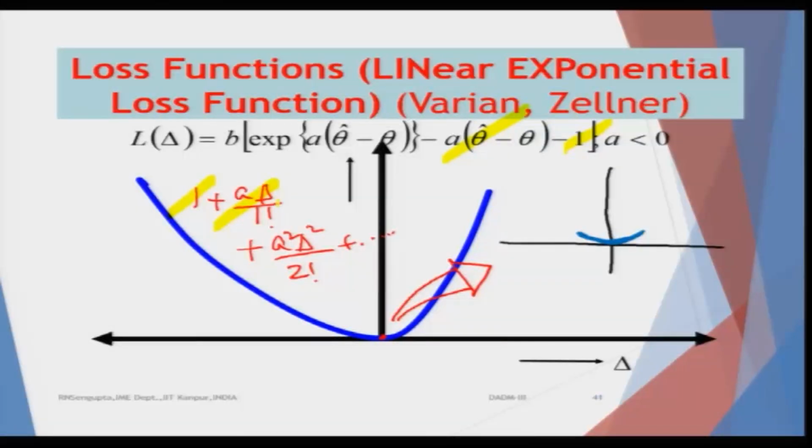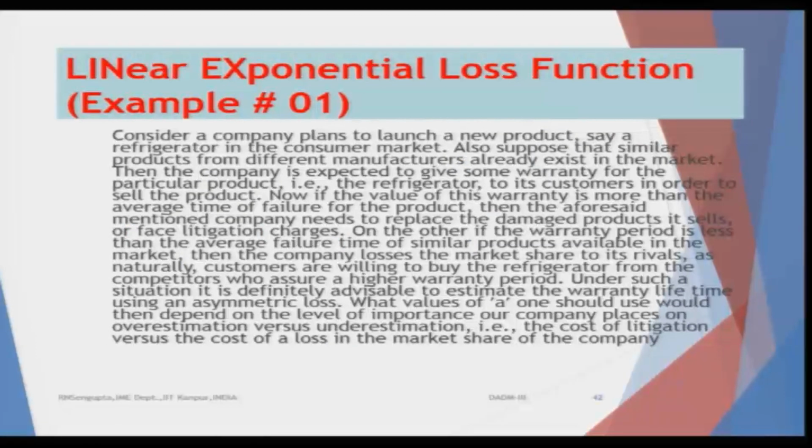So, the only equation form which will be true for the linear exponential form in and around the value of origin would basically be the quadratic equation, or, if you consider the utility function which you have already done, based on a quadratic utility function, which basically gives us the information that the returns of the decisions are normal in nature. So, this is a very typical property of the linear exponential loss function as proposed by Varian and Zellner.